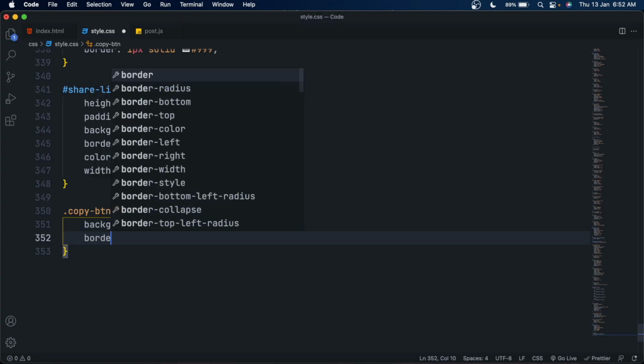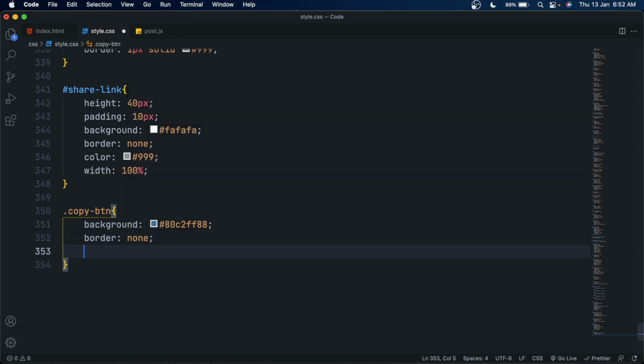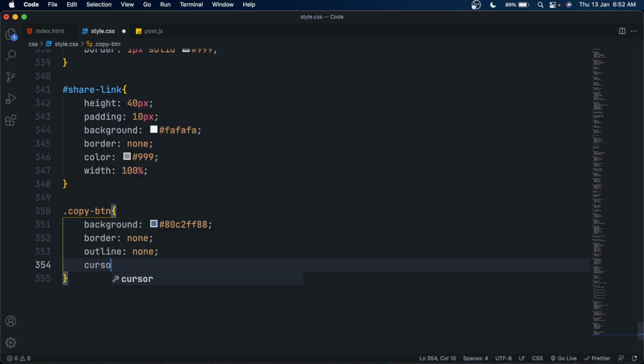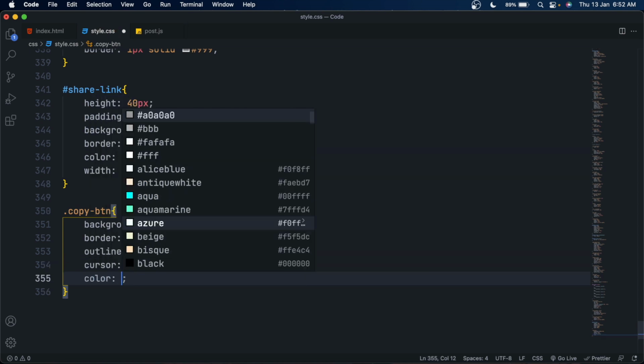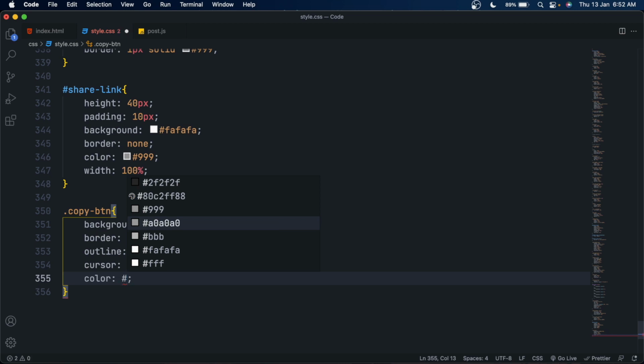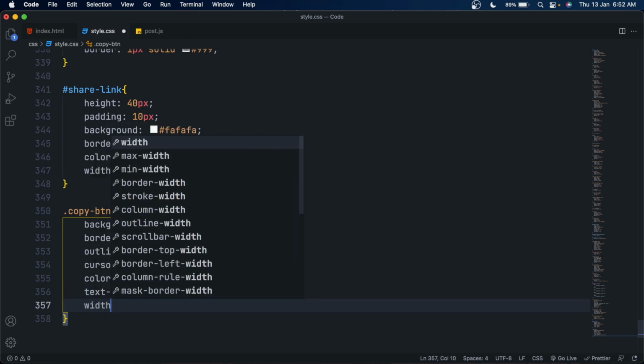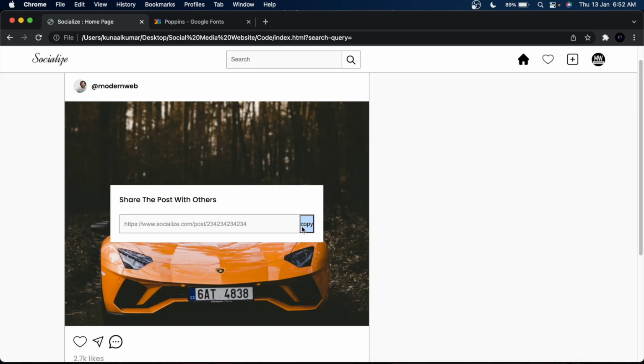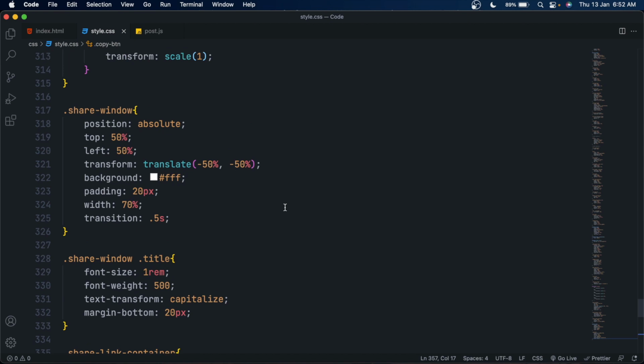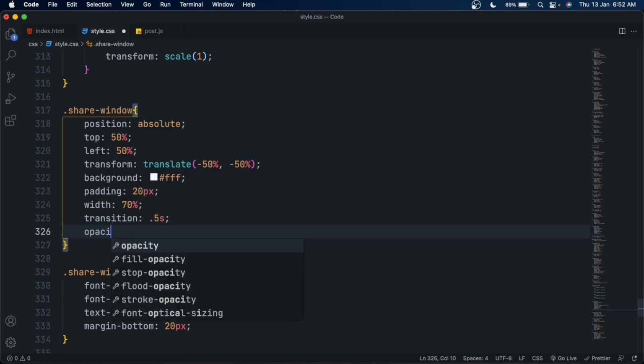After the background, remove its border by border none, and also remove its outline by outline none, and then set its cursor to pointer for hand cursor, and set its color to the exact blue color but remove the last two digits, so it will remove the opacity from it, and set its text transform to capitalize to make the first letter capital. Set its width to 100 pixels, and it is looking great. So I guess we are also done with the share window.